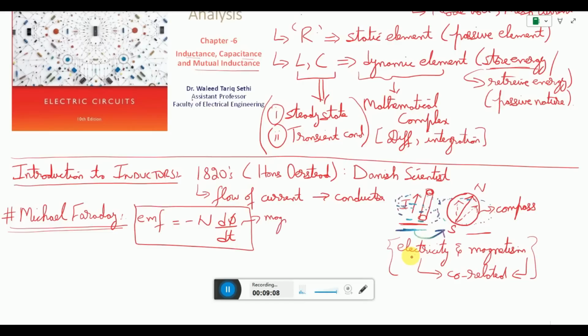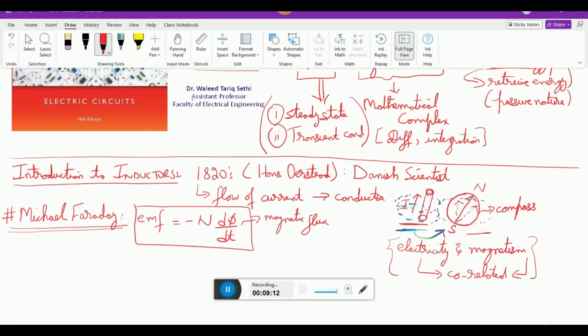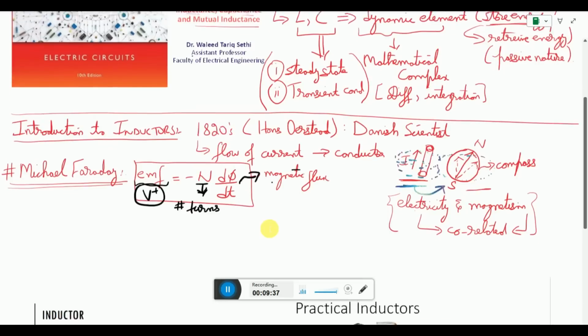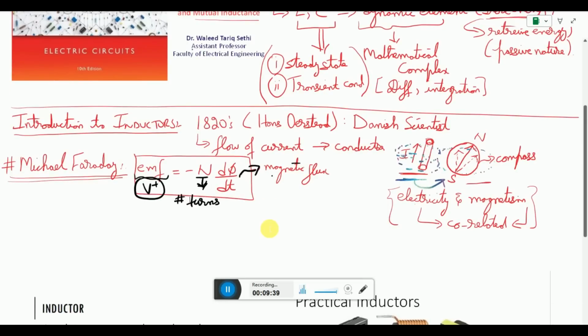so this is the magnetic flux, let me use a different color. So this is the magnetic flux, which is basically changing, and this is the number of turns. So the number of turns will produce an electromotive force, which we call an induced EMF. So this is the mathematical equation that Michael Faraday proposed. And what does it mean? It means that what Michael Faraday did was